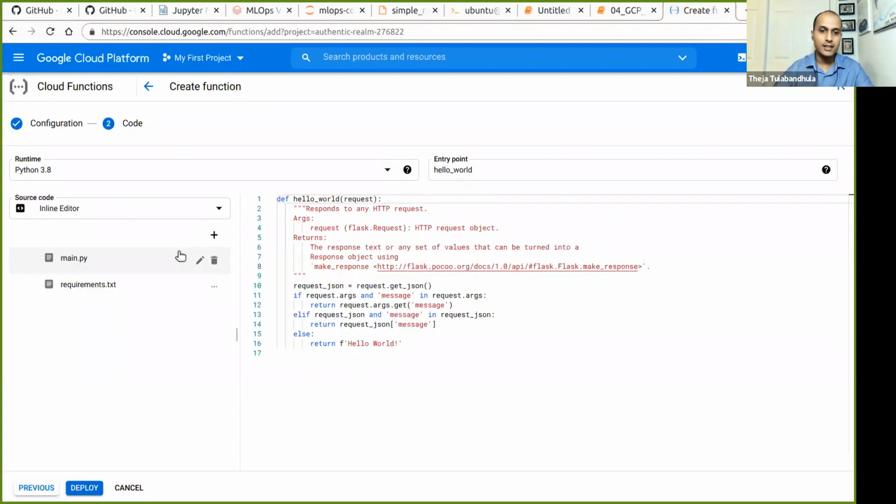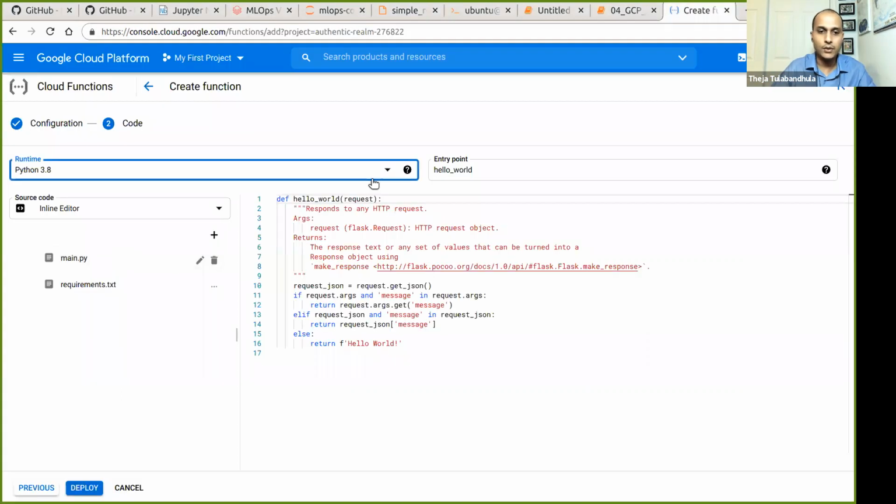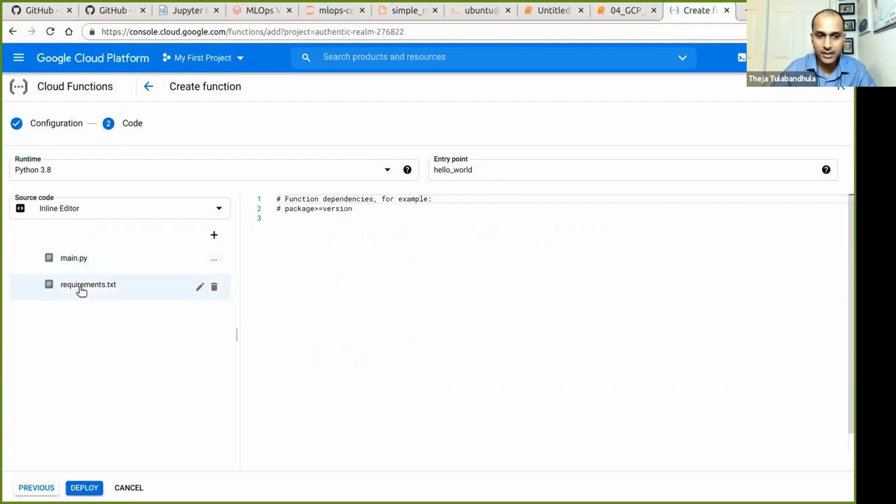So last time we've already seen how to make a prediction without dumping the model to disk. That was a very simple example where I directly copied this whole thing, fit file and everything, and I said, hey, we can directly make a prediction. I fit in real time, and I showed that, but that's not the way to generally do it, right? So what we need is change the main file, change the requirement file to still work with the simple regression model, but we need to read the model file from somewhere. Okay, and that somewhere is going to be from Google Cloud Storage. So that's what we're going to spend time on in the next few minutes.